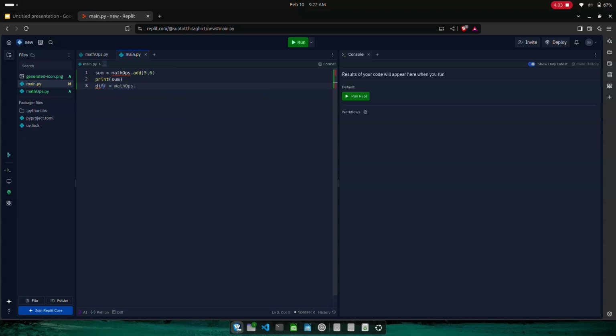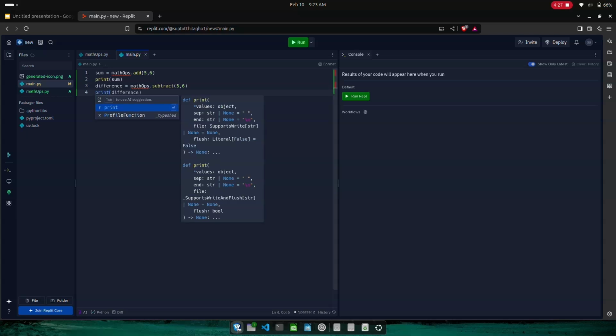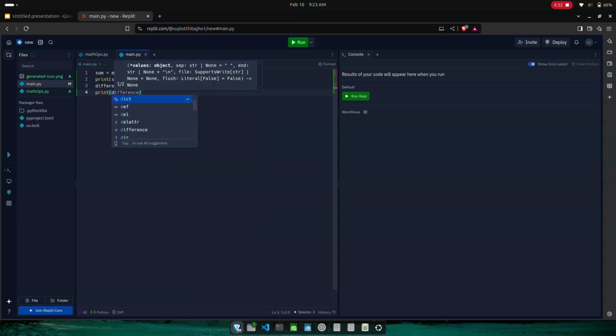Then we have difference equals mathOps.subtract(5, 6). print(difference).